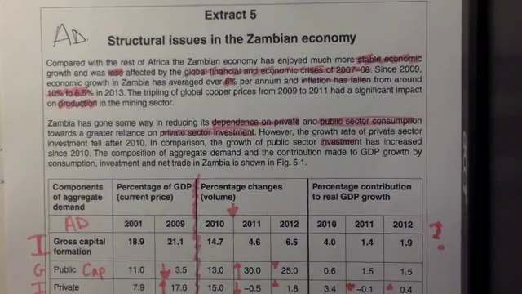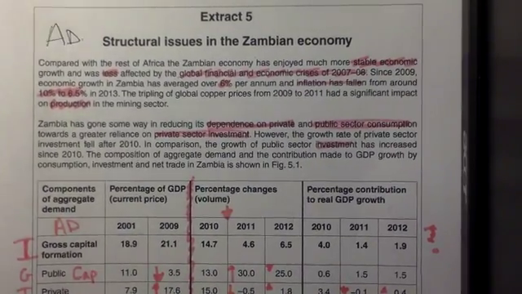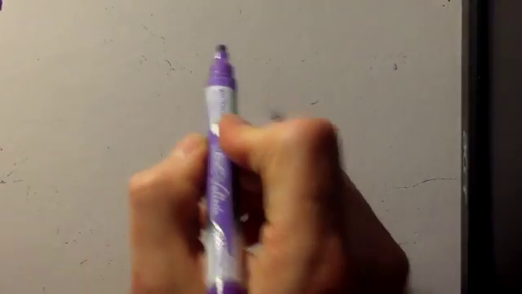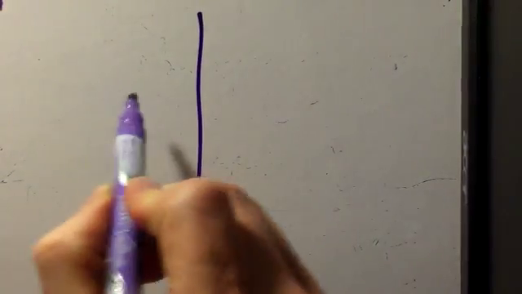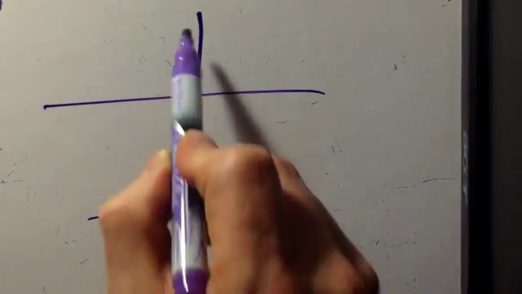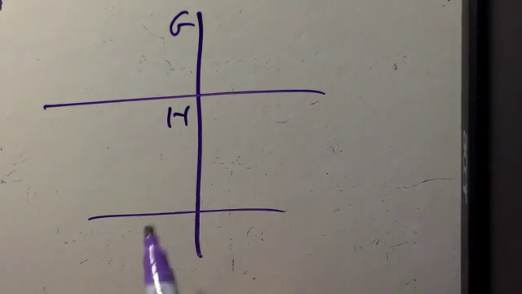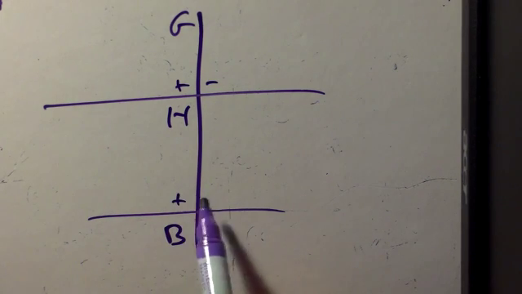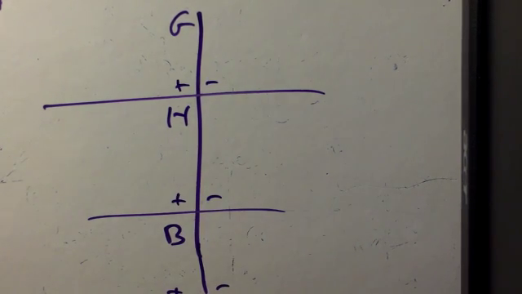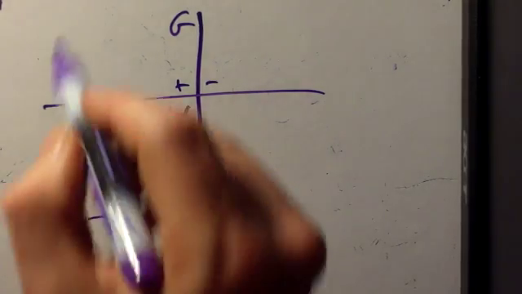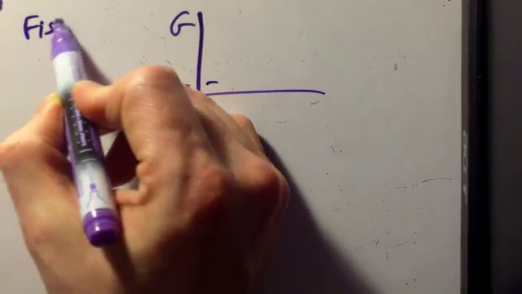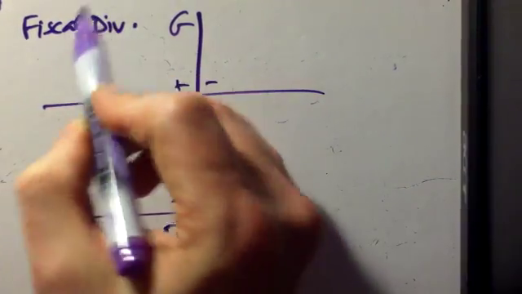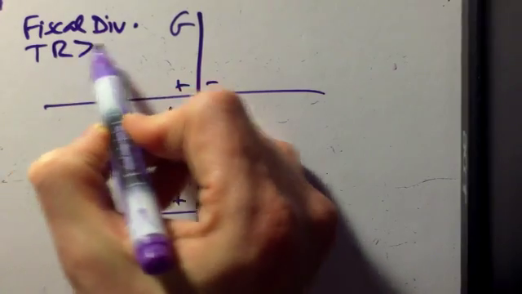Just to remind ourselves of the benefits of economic growth, what we're looking at essentially is those 3 economic agents of the government, households and businesses, and the benefits and costs that they may gain from economic growth. Maybe a small mark question on this may be able to be incorporated into other questions. So the government essentially benefits in terms of a fiscal dividend, where the tax revenue it gains is greater than